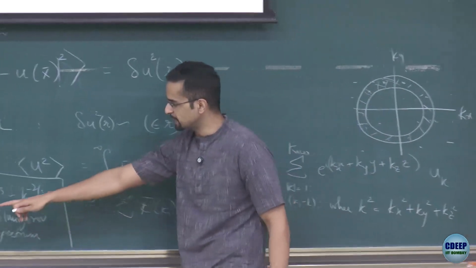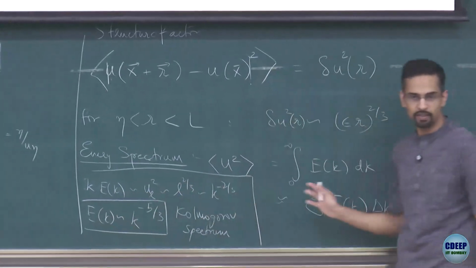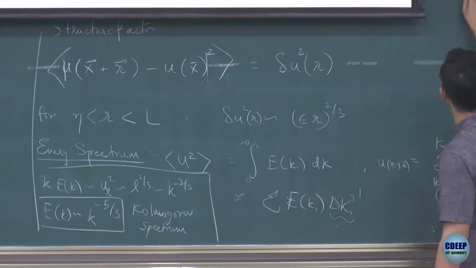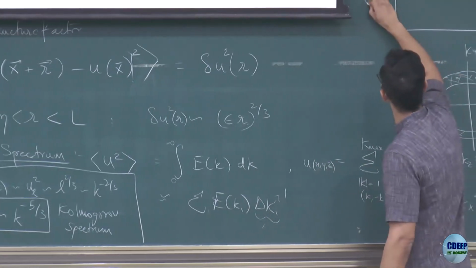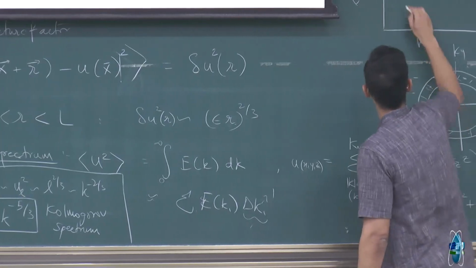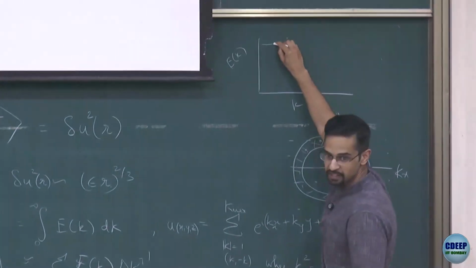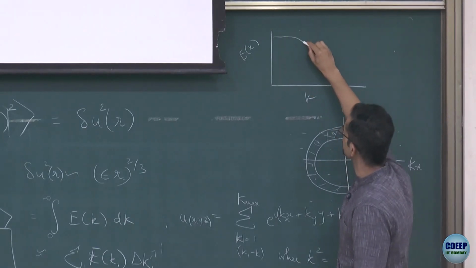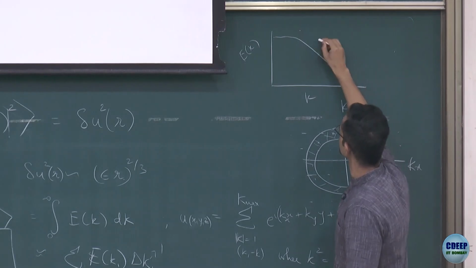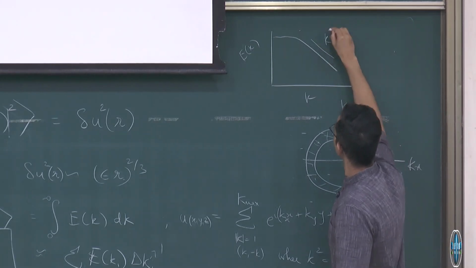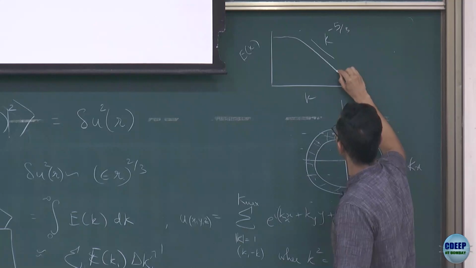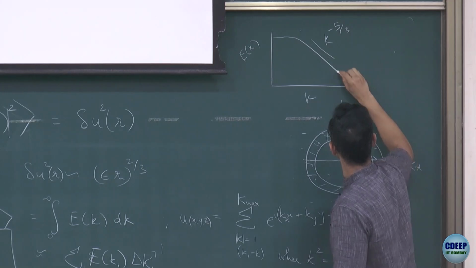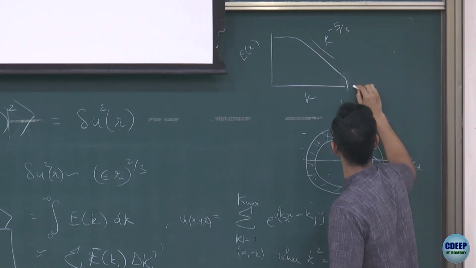But the energy spectra, the energy content in the mode, decreases as you increase the wave number, because, of course, high wave numbers mean smaller lengths. So if you look at typical plots of the energy spectra, you will have E of k versus k. There will be some energy content in the large length scales. That depends on how you are forcing and so on. Then, regardless of the forcing, it will hit a power law, which will have a slope of k to the minus 5 by 3. And then it will cut off somewhere and become steep.